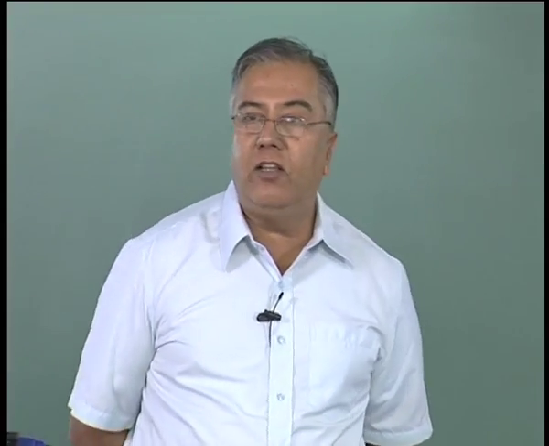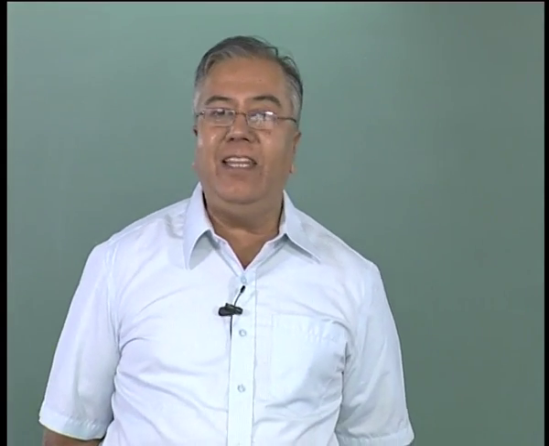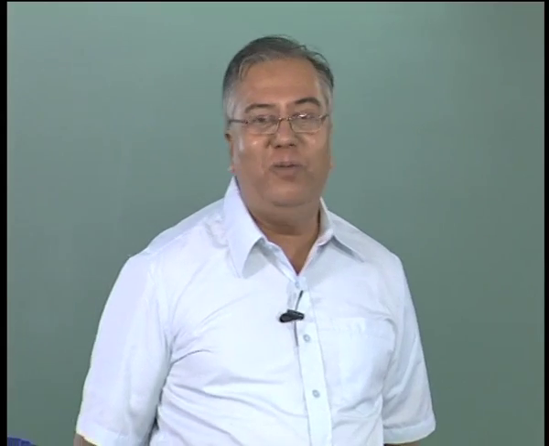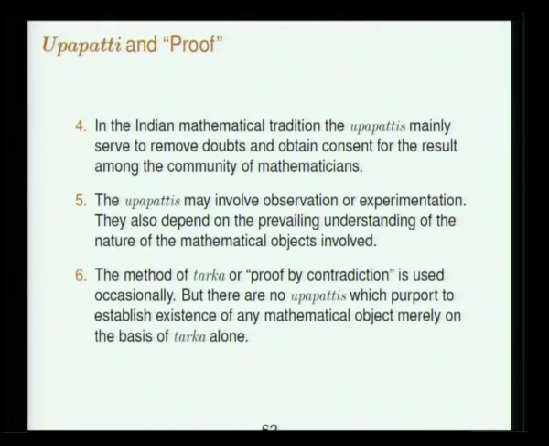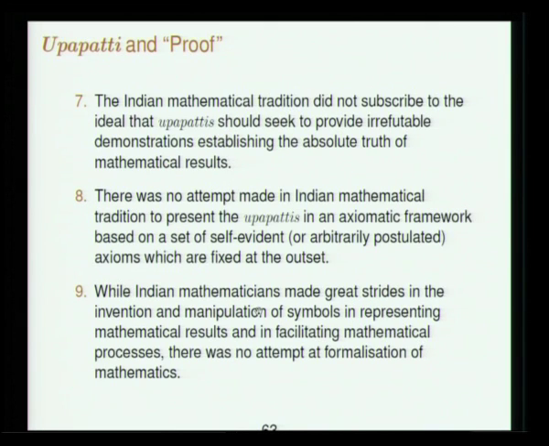So, tarka was not considered as an independent pramana. So, existence of quantities cannot be established by merely proving that their non-existence is inconsistent with whatever we know, but by giving a means or an access to the way their existence can be understood by us. This is something known as the constructive philosophy in today's mathematics,